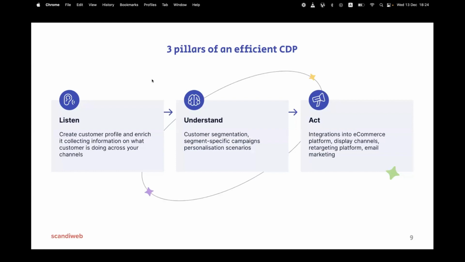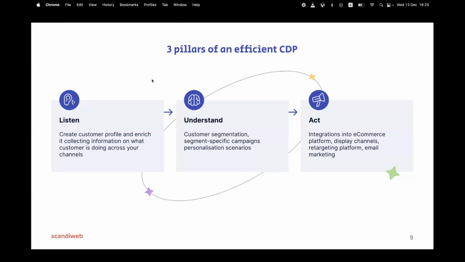So second is understanding. Understanding here is making sense of this information. Okay, you received clicks, you received opens, you received engagement data, you received some purchases. What does it mean? Does it mean that this customer is a holiday shopper or just a Black Friday shopper or just a seasonal shopper? Every season this customer comes and goes with a big shopping cart. Let's segment data. Let's assign a customer to 1, 2, 3 or more segments.